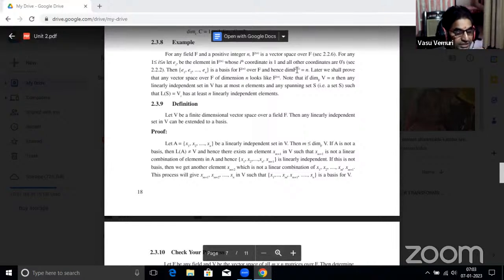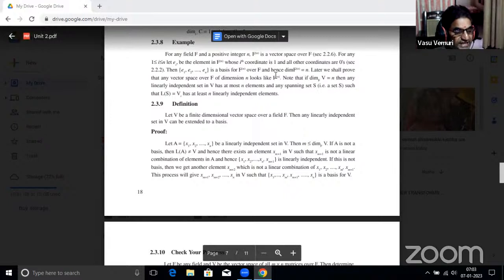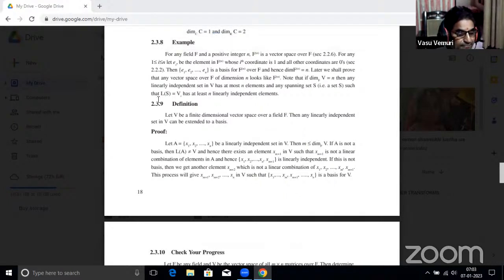Dimension of F cubed: (1, 0, 0) is E1, E2 means (0, 1, 0), E3 is (0, 0, 1). So the dimension of F cubed equals 3. Similarly, the dimension of F to the power n equals n. That's enough. That is one of the important points. Okay. Now,